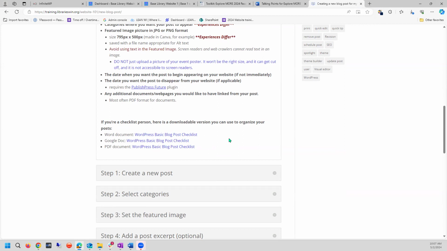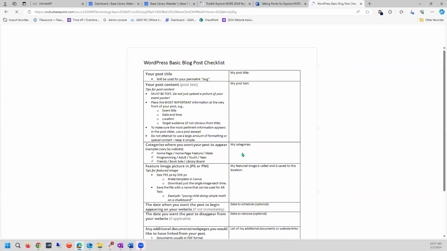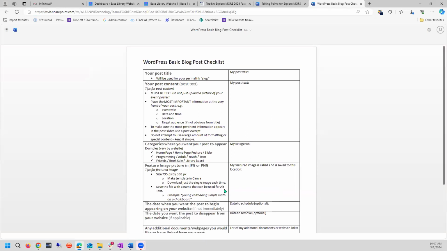Okay, that's a lot of stuff to get together. I created for you a blog post checklist. On this same site, we have links to a Word document, a Google Doc, or a PDF document that you can download yourself just by clicking on it. And you can download this for your use